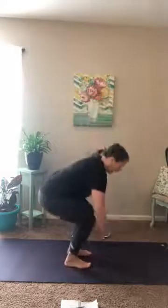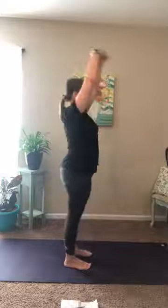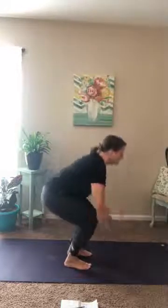Turn to face me. Get us a little more room here. And we're going to start with our feet parallel, hip distance apart. A little bend of the knees. I'll turn to my side so you can see here. As we reach the arms down and up and down and up. Let's add a releve at the top for 6